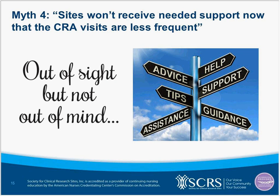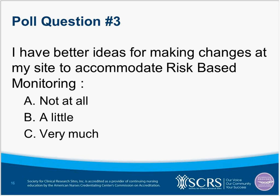And next slide here is polling question number 3. So what we want to ask this time is, based on some of the discussions that we've had, do you have better ideas for making changes at your site in order to accommodate risk-based monitoring? So has this helped you come up with ideas around changes you might want to make to preparation for on-site or remote visits, to different roles and responsibilities of existing team members within your site, like Crystal's suggestion of checking informed consents,